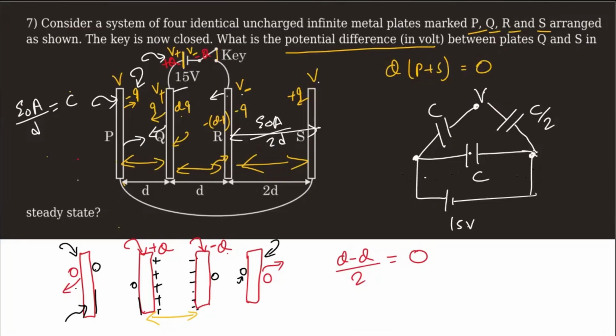So now looking at the diagram, you can clearly sense this C has total potential drop of 15 volt, and then this C and C by 2 are in series. Done it. And C equivalent will be equal to how much? You calculate that thing. So C into C by 2 divided by C plus C by 2. So that will give you C square by 2 divided by 3C by 2. So that will give you C by 3. So C by 3 is the C equivalent.